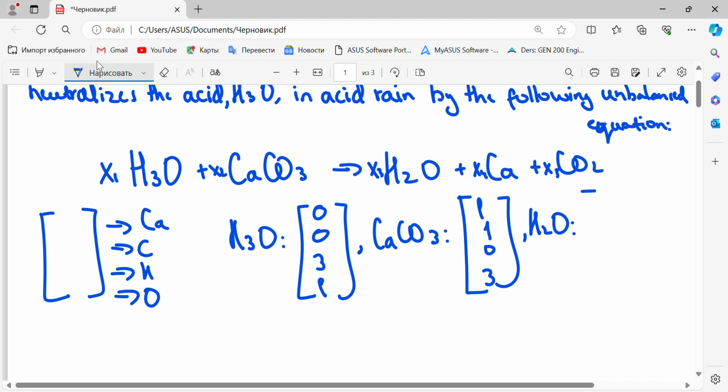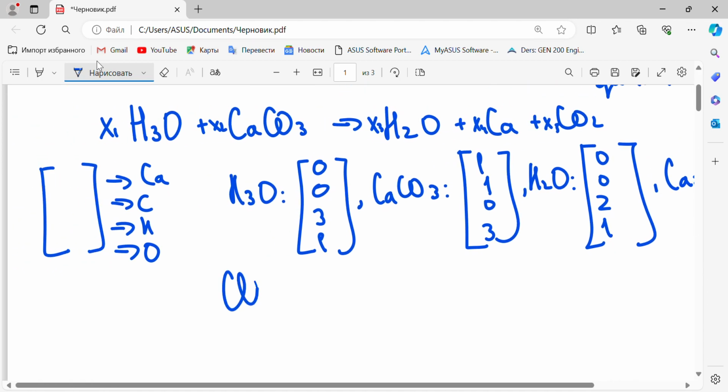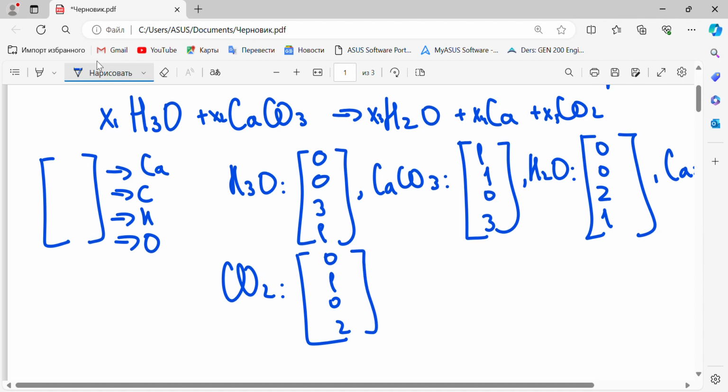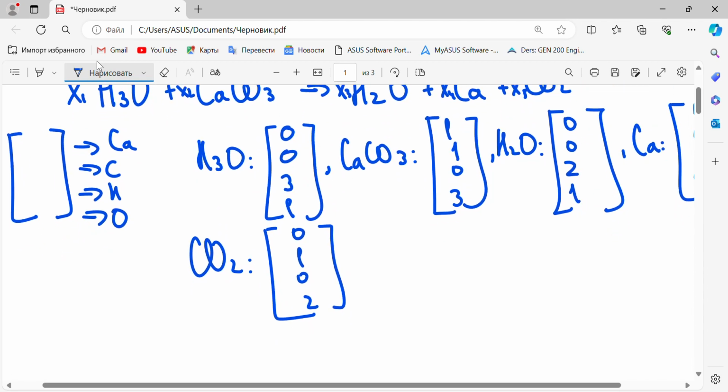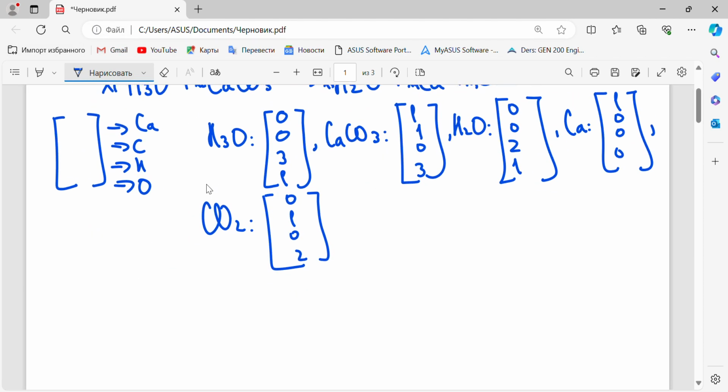Water: 0, 0, 2, 1. Calcium: just only 1, others are zeros. One more compound, carbon dioxide. So let's write matrices instead of compounds, using the coefficients as well. So it's like x1,